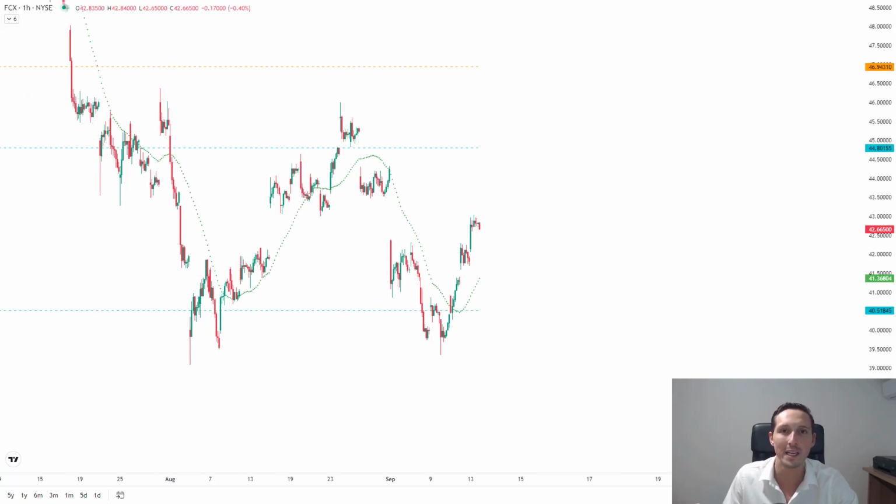The second XLB stock we're going to look at is FCX. This is very, very weak in the Hedge Dash algorithms, and I am looking for further downside. What I'd like to see is this continue higher because again, just like Mosaic Company, we've already traded above the moving average, so we're already correcting. If we breach the 44.80, I wouldn't be surprised to see this breach it, become overbought intra-week, and then close this gap over here. This would be an opportunity to look for a 1 or 2 day reversal back inside the range